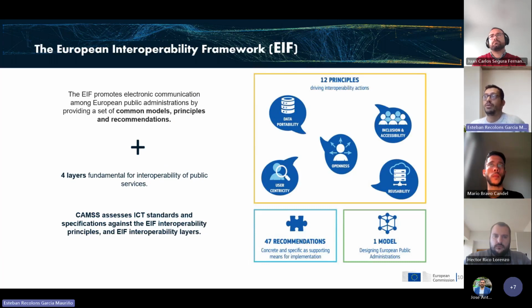Then, the European Interoperability Framework, which is very important, taking into account that CAMSS is basically based on this framework. As we have seen, it is envisaged as one of the common denominators of the European interoperability policies in member states. It gives a total of 47 recommendations, which are based on the 12 principles that drive interoperability actions. On the other hand, the EIF also defines 4 different layers, which are needed to reach multifaceted interoperability, which are